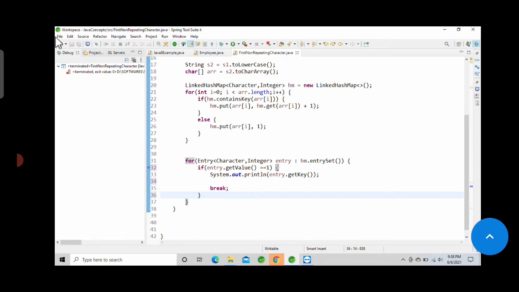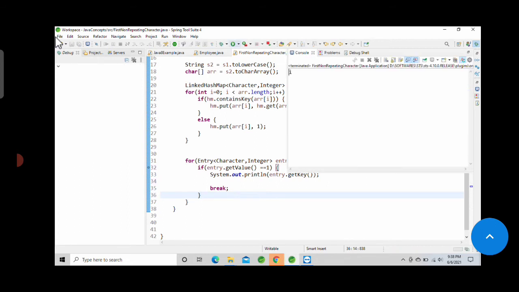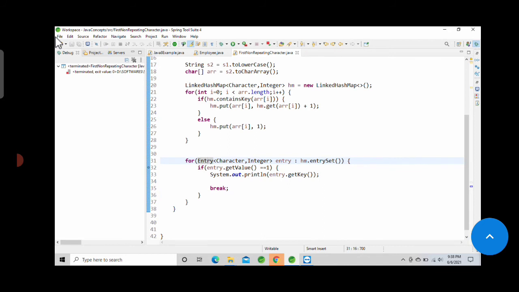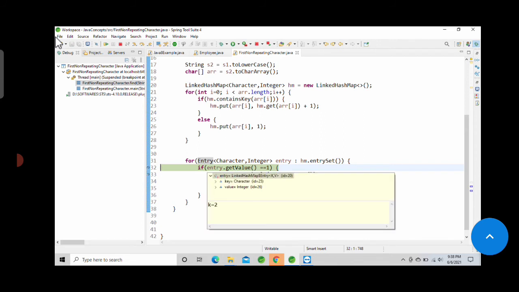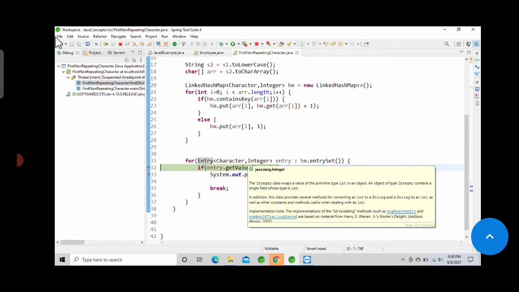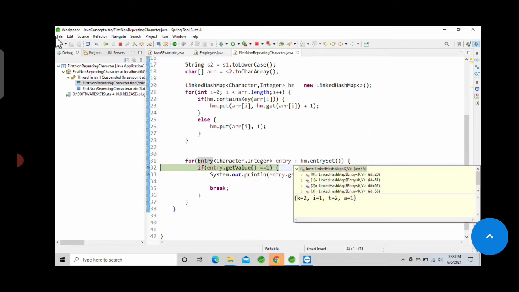Now if we run, it is returning i. Let me show you with the help of the debugger also, so you will get a better idea. I will launch the debugger now. It has come to the entry point, and if you see, entry has k2, because it is considering this hm entry set, and hm contains k2, i1, t2, a1, because right now we have not considered the case sensitive case.